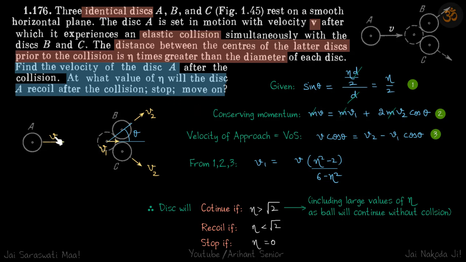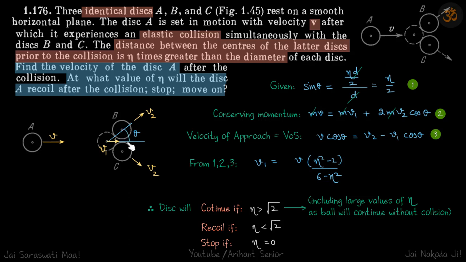So let's do that. It strikes, and these two balls will obviously, by symmetry, go with equal velocity. Let's call that velocity v2. And our original ball, let's say it continues in the same direction with velocity v1. All these are variables, so we need not worry about the actual direction of v1. And let's call this angle theta, which is the line of collision making with the original line of motion.